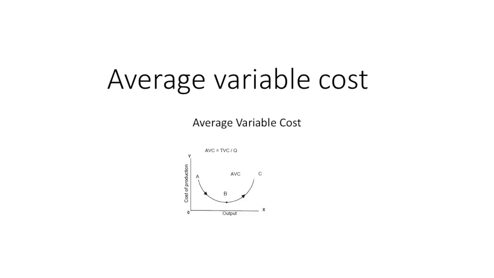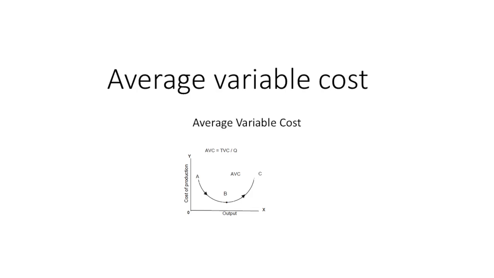Okay, because in this figure it is the short run and fixed factor inputs are constant, but we are adding more variable inputs to the fixed inputs, which increases the efficiency and leads to increasing returns. This is the initial phase. That's why the average variable cost, that is unit cost, is decreasing. Now at point B, the average variable cost reaches its lowest point when the combination of fixed and variable factors is optimal and the firm operates at full capacity.